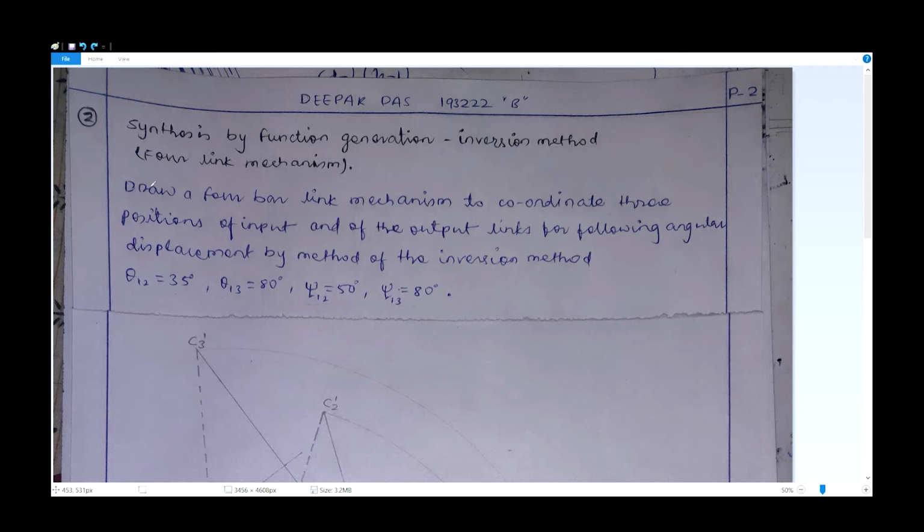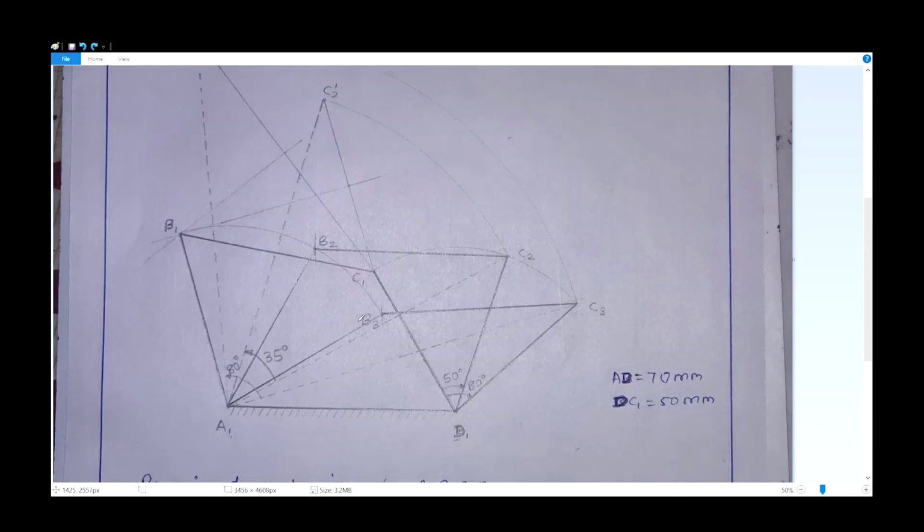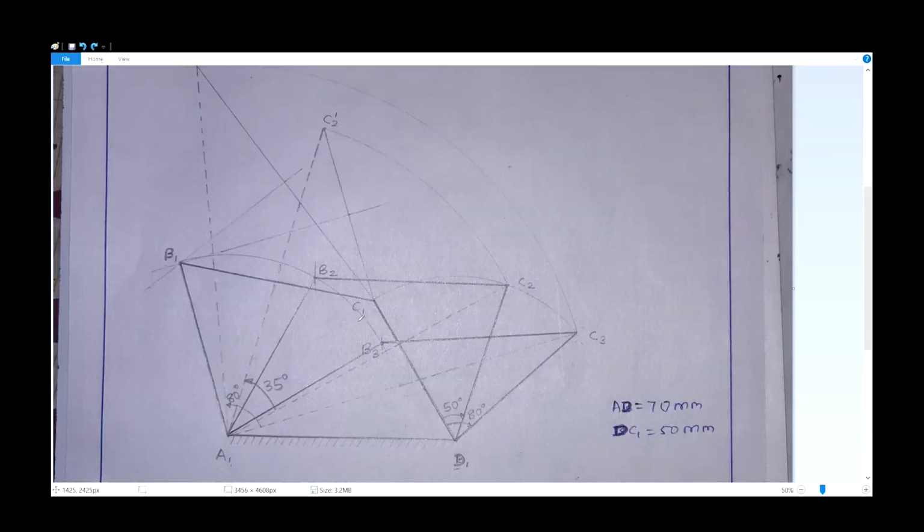The second question is synthesis by function generation inversion method of four-link mechanism. In this question we have to draw a four-link mechanism such that the input angles should be 35 degree and 80 degree, and the output angles will be 50 degree and 80 degree respectively. So for making this mechanism I have started,